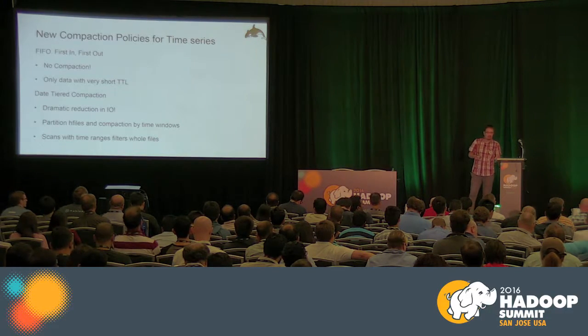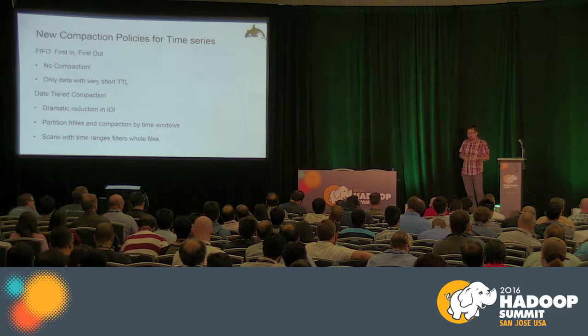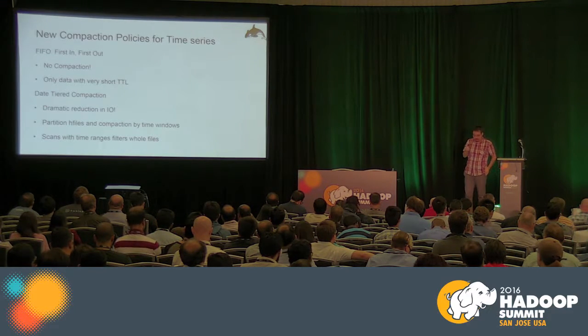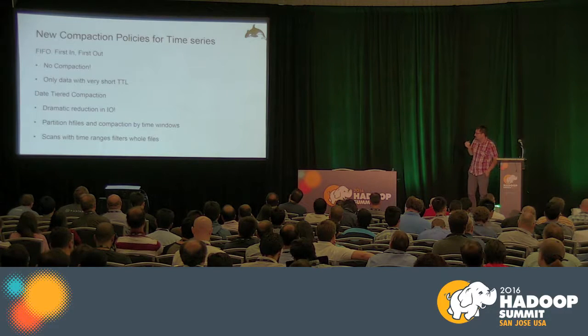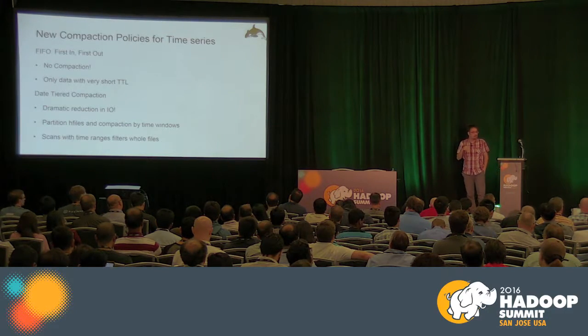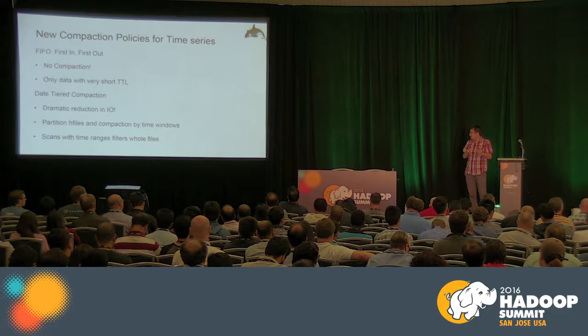Obviously, since there's no compaction, you can end up with 100 files in a single store. So you have to be careful. Data compaction is the second one. This is coming from Flurry. This can give you a very dramatic reduction on the I/O,